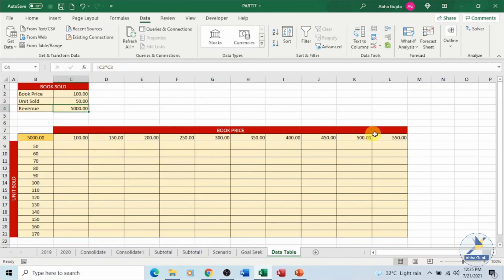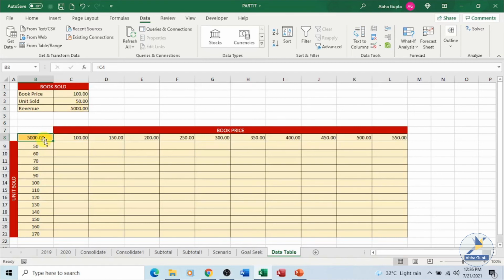To make use of data table, you should place the values in such a manner, like I have shown over here. The formatting you can leave, no problem with that, but the variables which you are going to make use of for the calculation should be placed in rows and columns, plus a reference to the revenue, the cell which you are looking for the changes in.